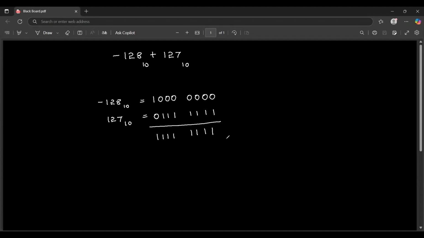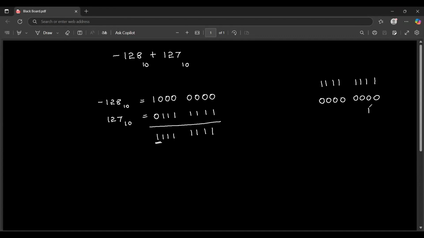Okay, but in this number, the first digit is 1, so it represents negative. So this is a negative number. What we have to do is convert it back to decimal. How can we do that? First of all, we have to find the ones complement. So the ones complement is